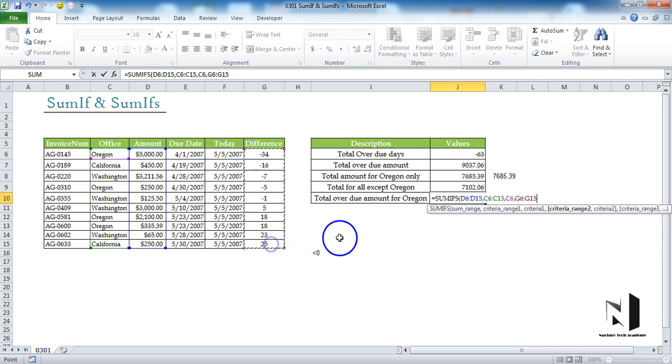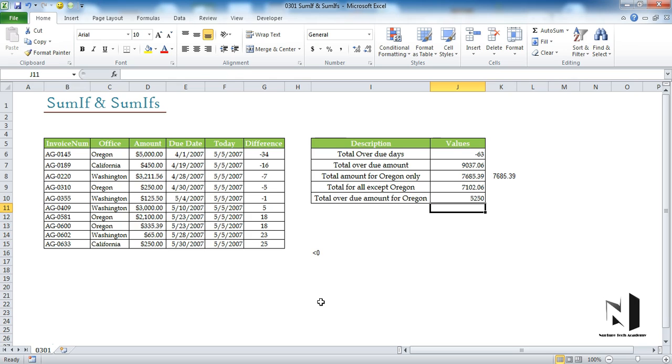Yes, you are correct, comma, criteria 2 will be the condition associated with this range, that is negative. So negative we can write like this, as we have already discussed, that will be double quotes, less than 0, double quotes. Now here we are going to close the bracket and we can press enter, and there we go.